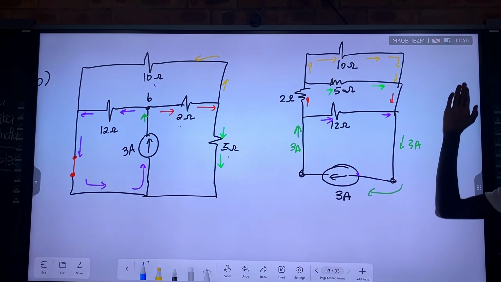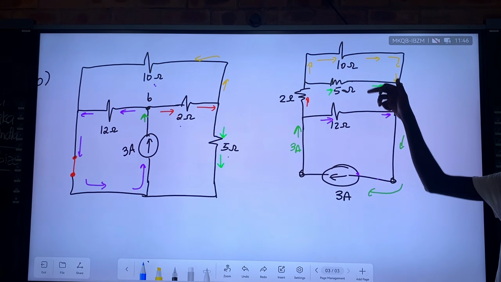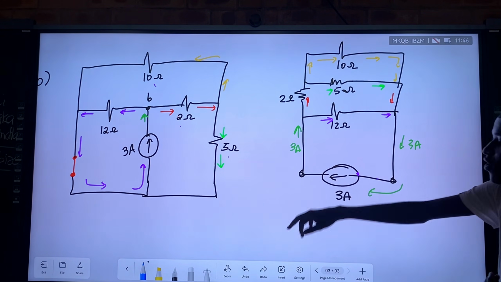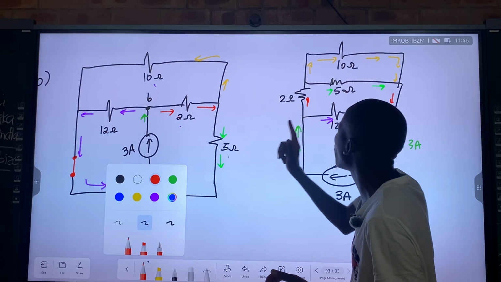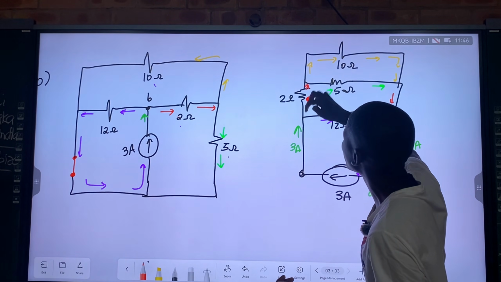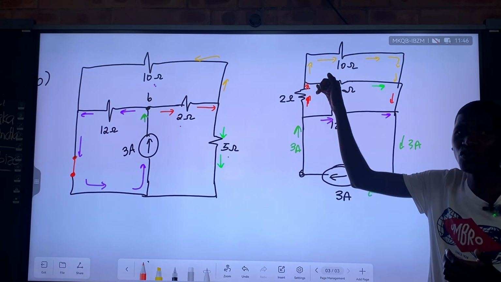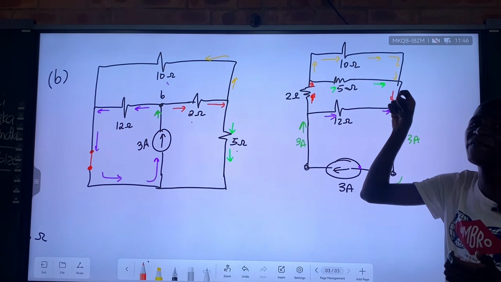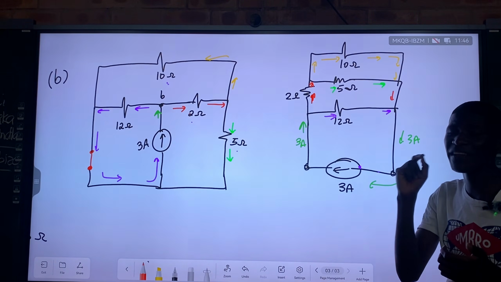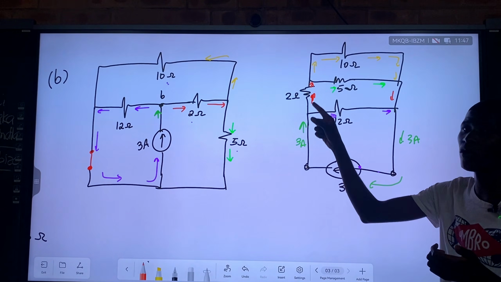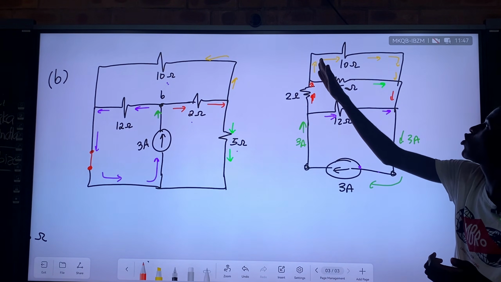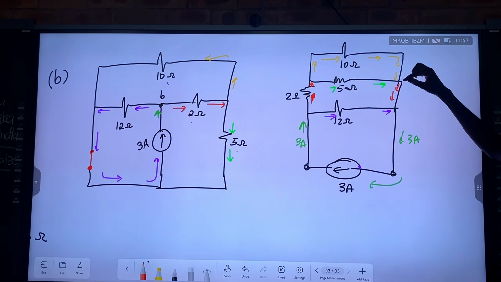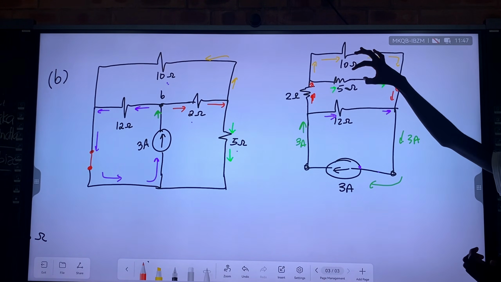The question is, which ones can be parallel here? As was said, the 10 and the 5. These are definitely parallel to one another, because which current do we put on them? We put the red current here. This red current was split. One became gold and went this way, the other became green and went this way. So they are receiving split current, current that has been split from the red one. The gold one goes there, the green one goes there. When they recombine again, they form the red current again. That's why we say that this is a parallel branch.